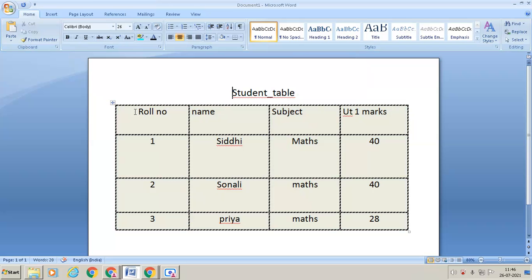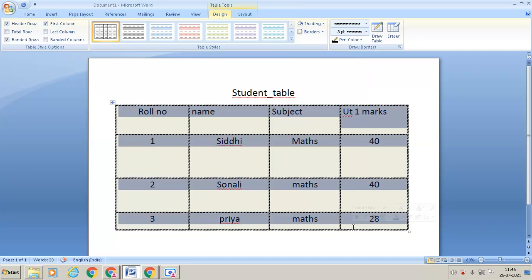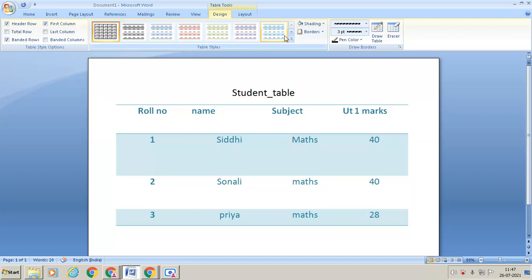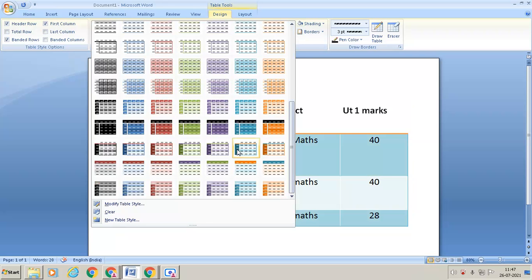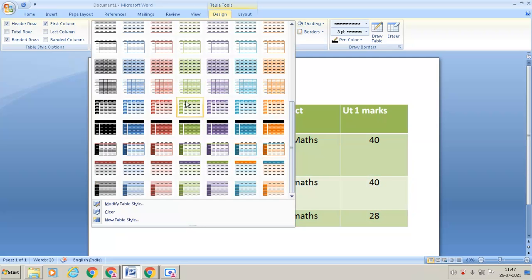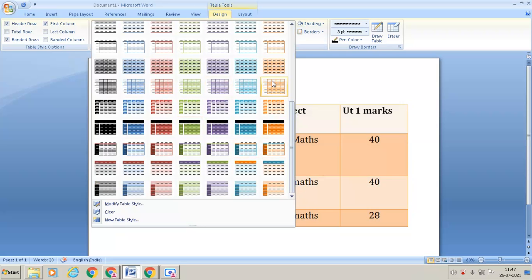So now for this whole table, I'll apply the table styles. As you know, the table style is also present in your Design tab. You can take any table design which you want from here. Which one you choose depends on you. Okay, I'll take this one.